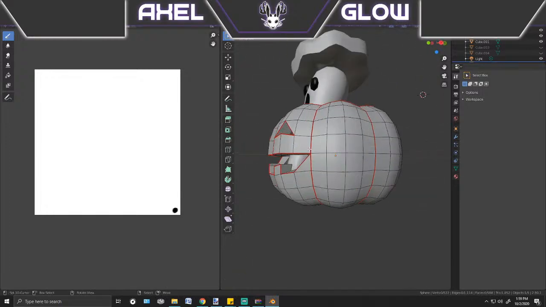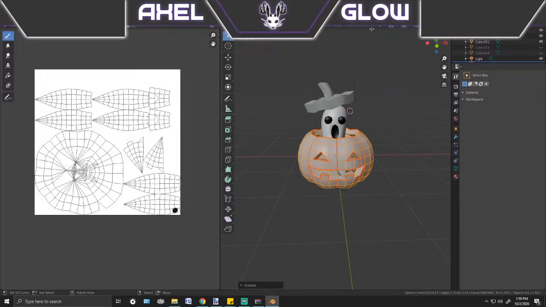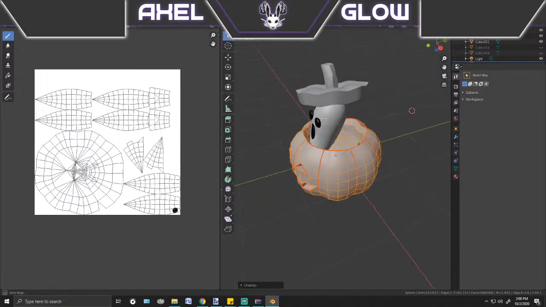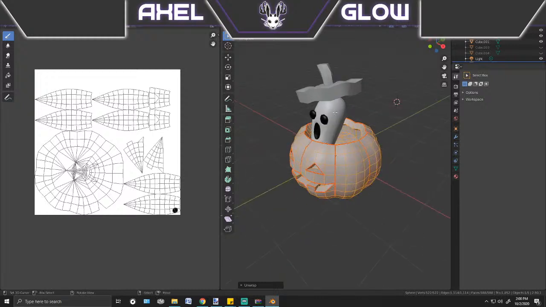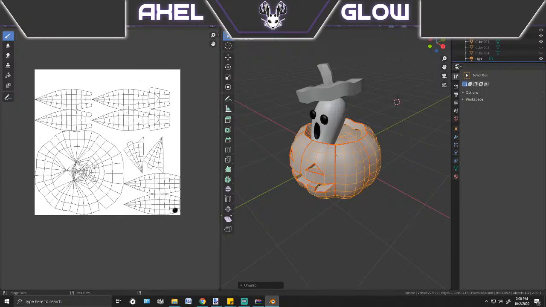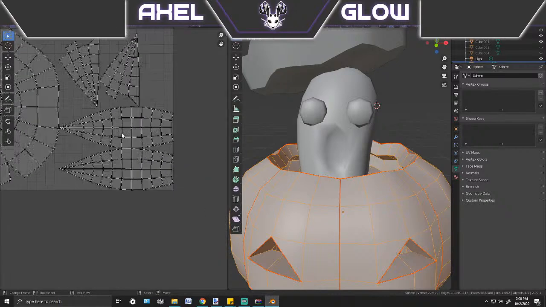Okay, that's nice. Now I just hit A and then unwrap, and unwraps it like that. So that's good. Now what I'm going to do is line these islands up with each other. So we go into UV editing mode, hit L,